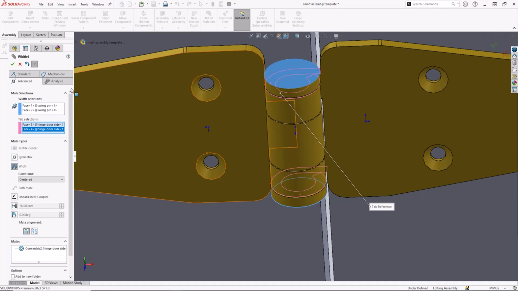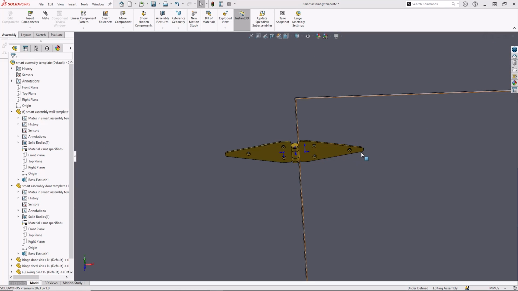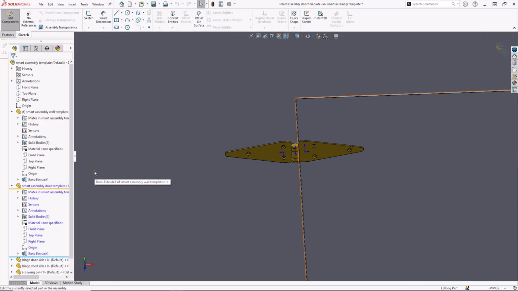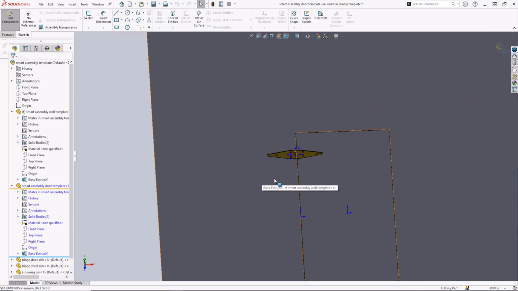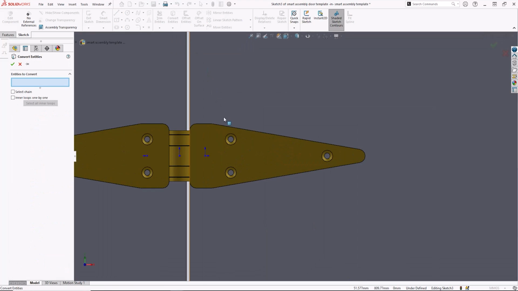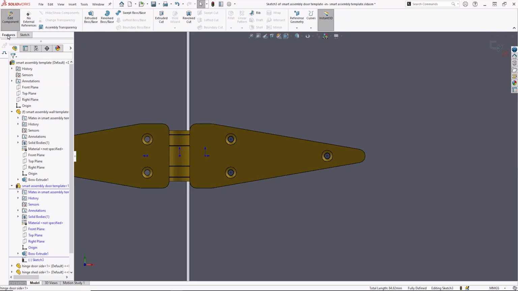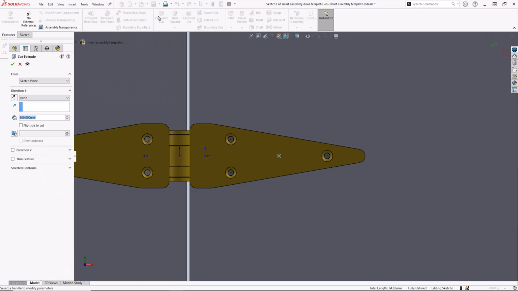Whenever we insert a hinge door side part into an assembly, we want to include 6 holes with it to allow fasteners to fix the hinge to the wall and door. So our next step is to edit the door component in context of the assembly and start a new sketch. We'll use the Convert Entities tool and select the circular edges from any cut features to use for a cut extrude. By using this tool, we keep the features related so they will automatically update in case the design is modified in the future. We'll create a cut extrude and repeat this process for the wall side fasteners as well.